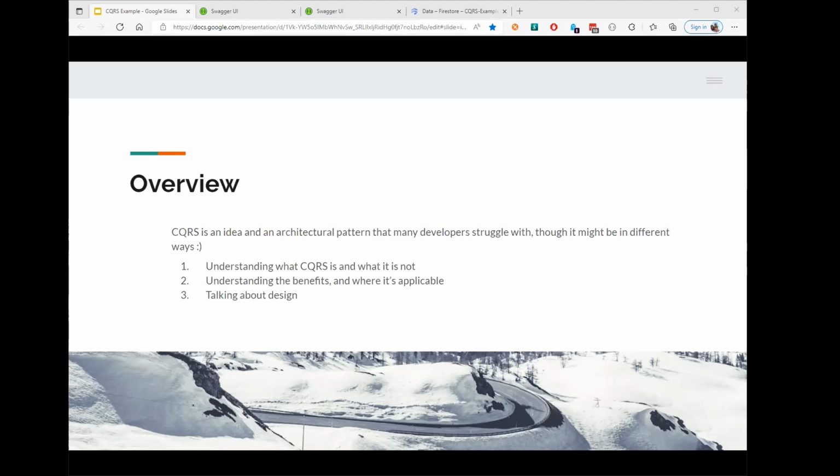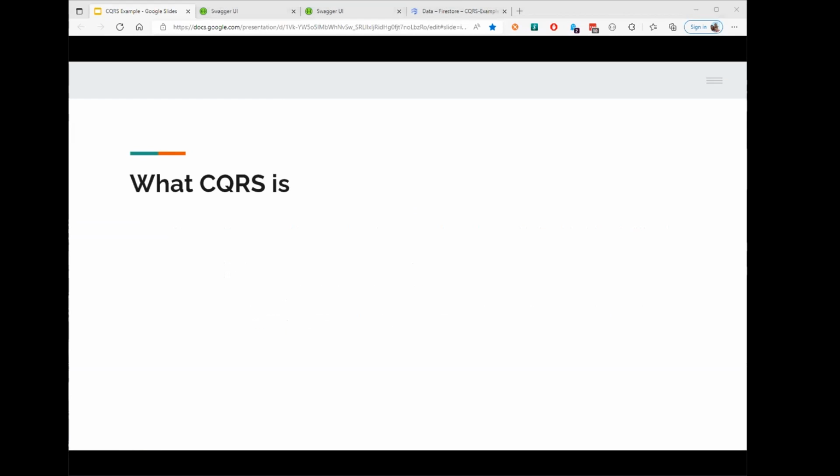We're going to be talking about design. We're going to go through the details of an example with .NET services, Google Firestore NoSQL storage and Google Cloud Functions. And after that, we're going to talk about where to go from this basic example. So first,